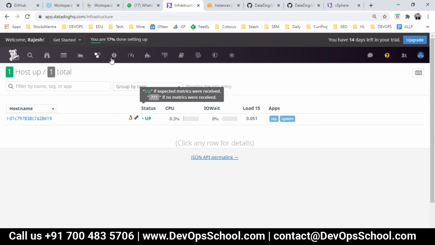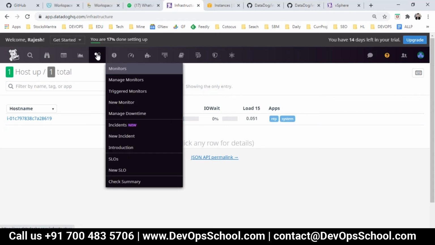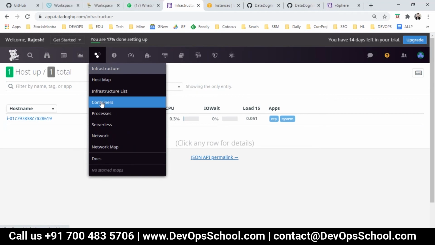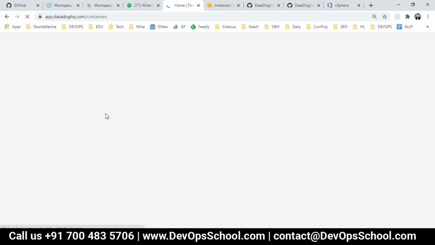Now you can see all the containers which you are monitoring, which we will do in some time. All the processes monitoring, networks, so a little bit slow. Containers I have not added right now.